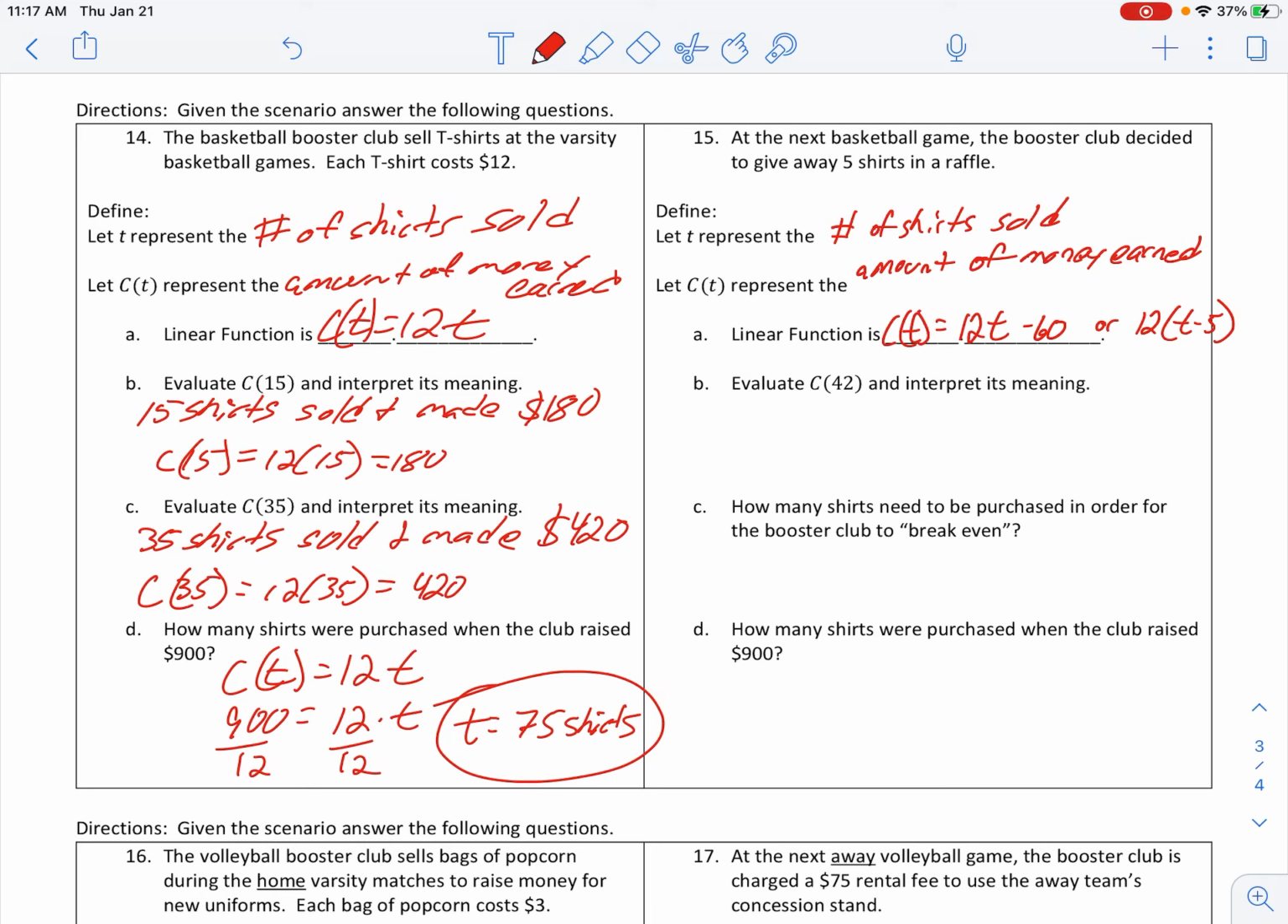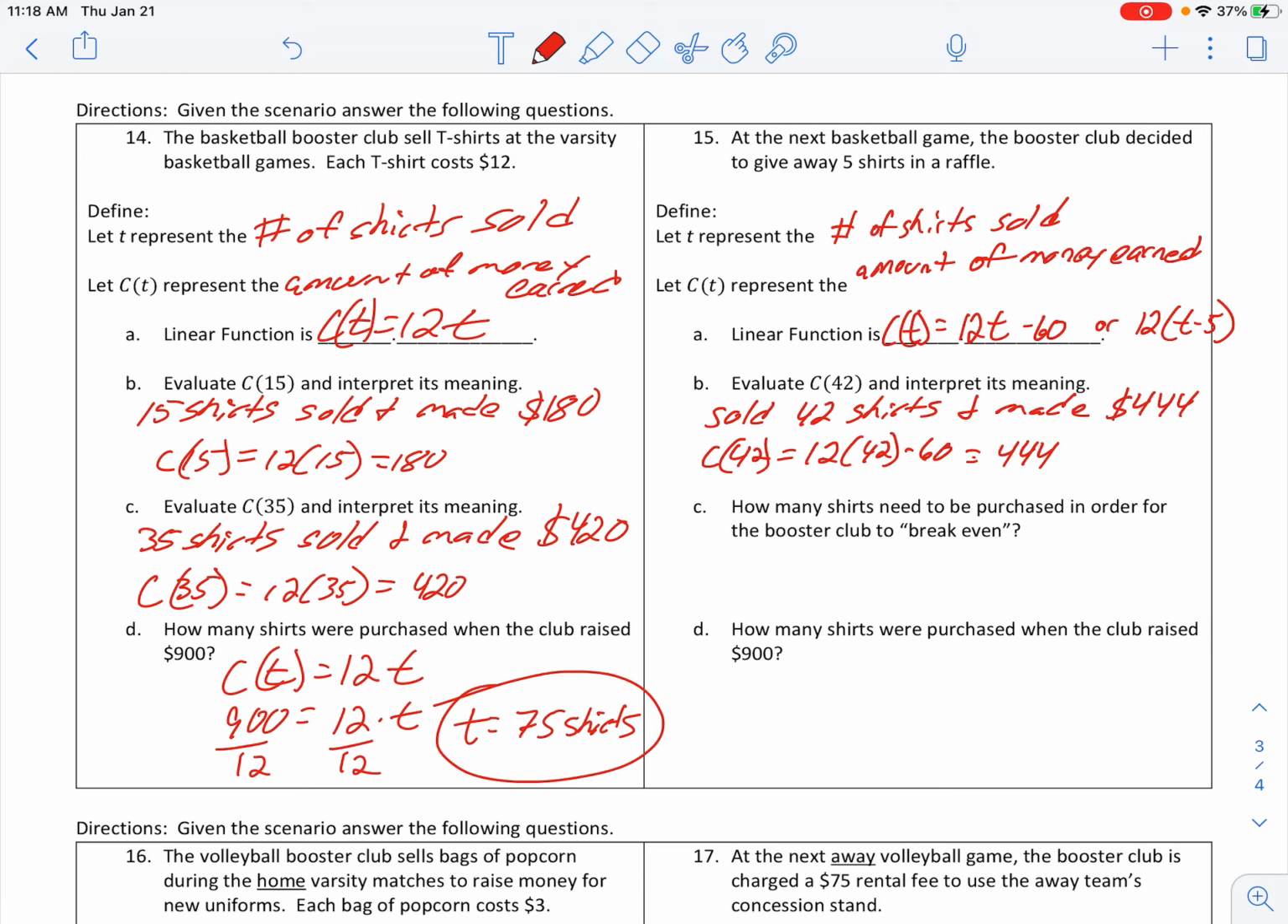Now, the 42, I'm going to go ahead and use that first one there. Again, what that means here is sold 42 shirts and made. Okay, so I'm going to plug in 42 for T. But then I have to calculate those $60 I lost because of giving away 5 freebies. So go to your calculator and say 12 times 42. I made $504, but I gave away 5 freebies, so I lost $60. So really, we only made